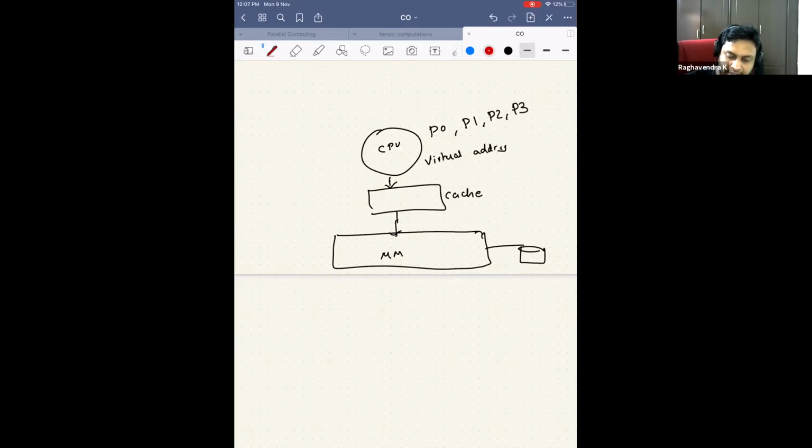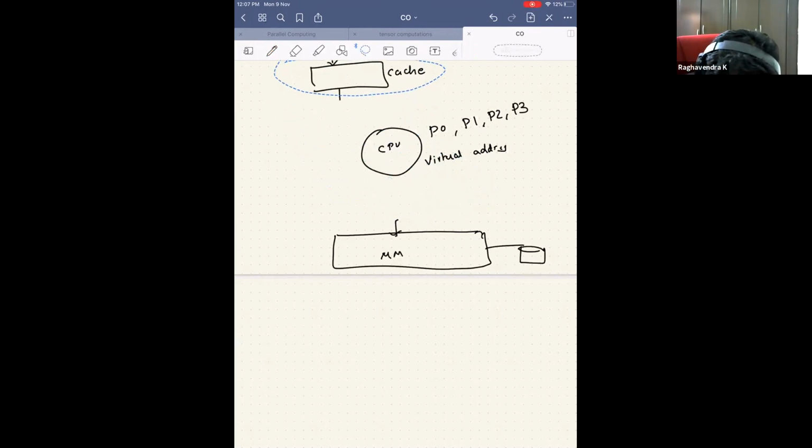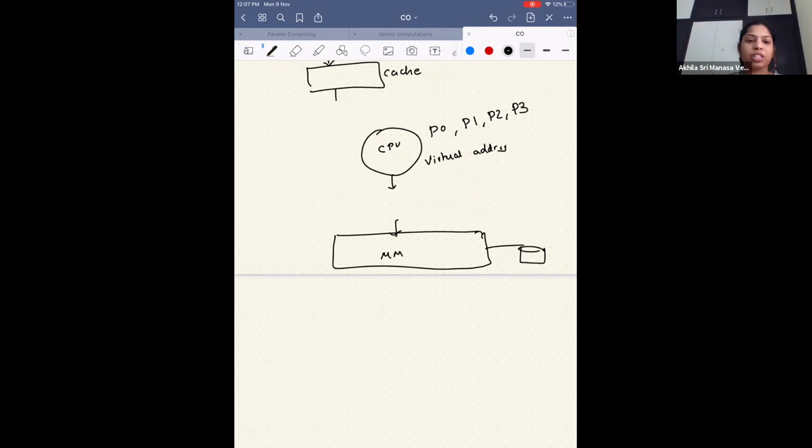When the cache was not there, let's say the cache was not there, when the CPU generated an address, what was the first thing you did? We compare it with the page table. We take the virtual address, see what process it is, pick the process's page table, convert this virtual address to a physical address, and access the main memory.